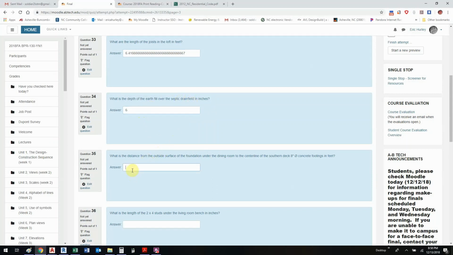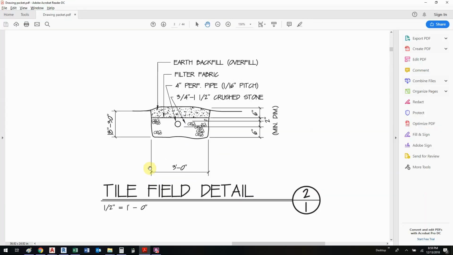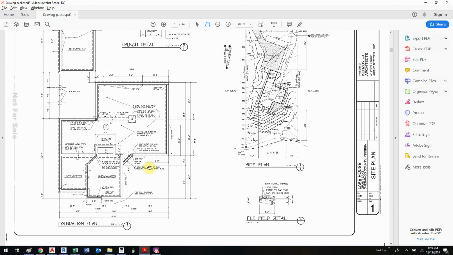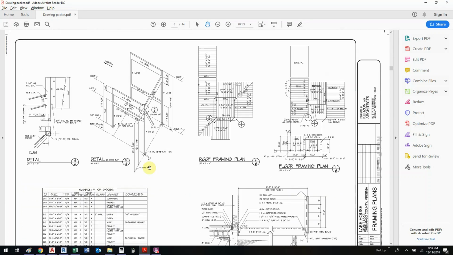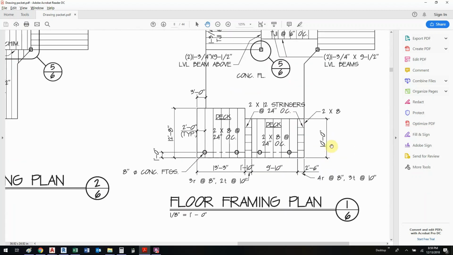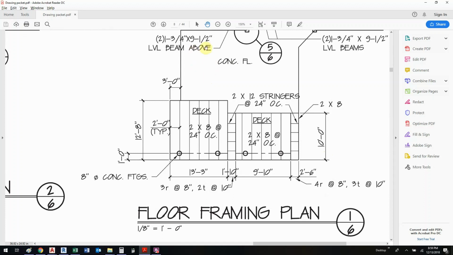What is the distance from the outside surface of the foundation under the dining room to the center line of the southern deck? 8-inch diameter concrete footing in feet. That's a mouthful. A couple of you had some problems with this. It's understandable. So it's talking about the southern decks. These are the southern decks here. All right, so our dining room is here,